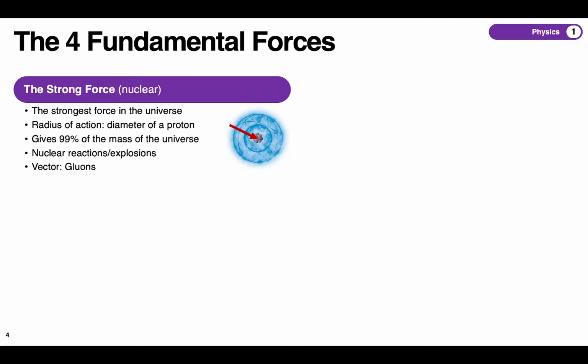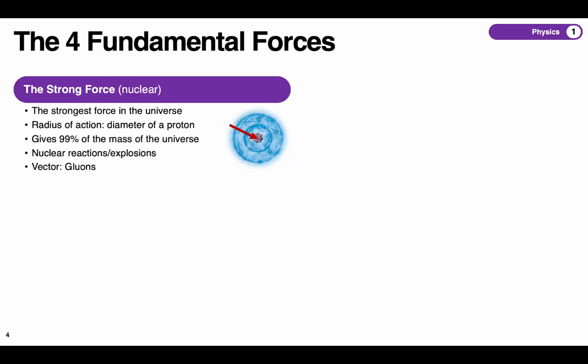So the strong nuclear force basically is the force that holds the protons and neutrons together inside the nucleus. It is by far the strongest force in the universe, but only reaches as far as the width of a proton, so very, very short distance of action. This binding energy is actually what gives mass to the nuclei, wherein lies 99% of the mass of the universe. So its release through either nuclear fission or nuclear fusion causes nuclear reactions and explosions. It is carried by particles called gluons, like a glue, because it glues